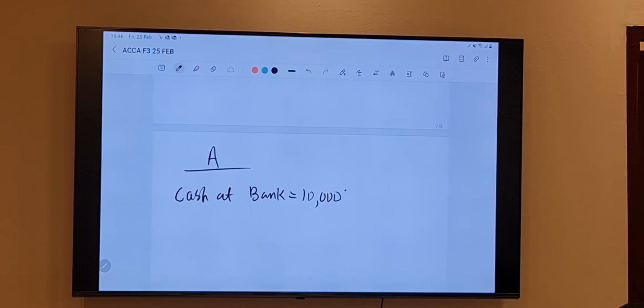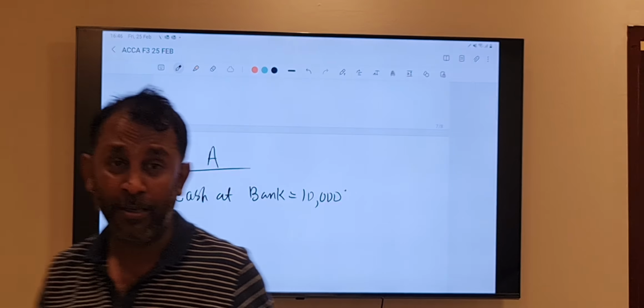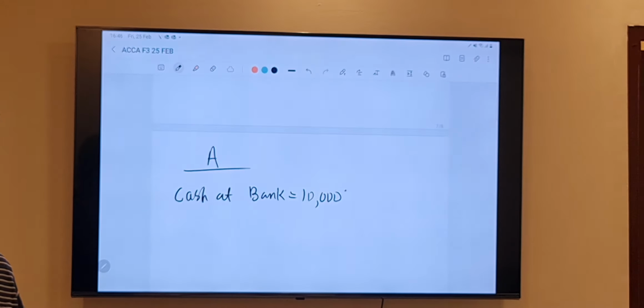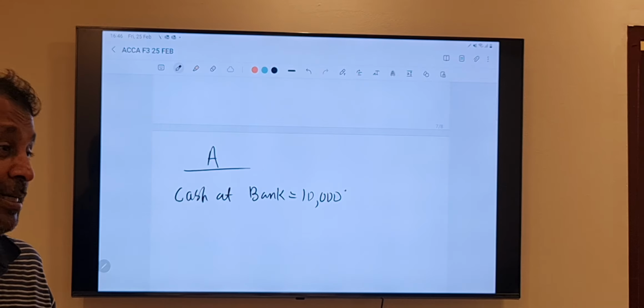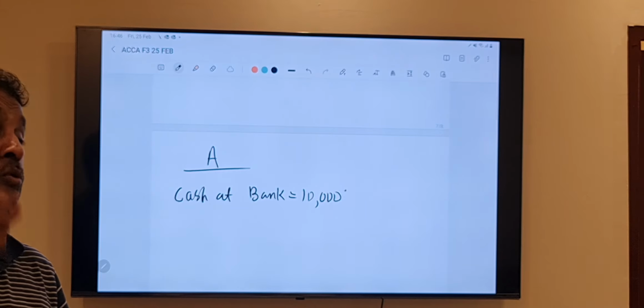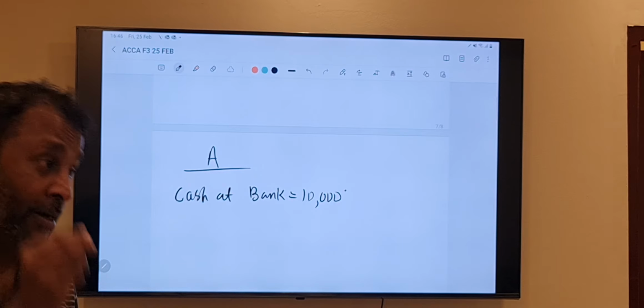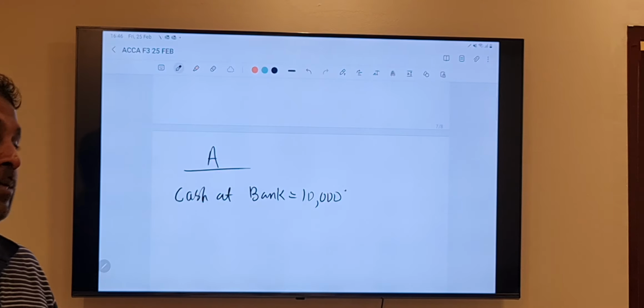Now what is the new asset coming into the business? Inventory. That vegetables. See, now what business is he doing? He is buying and selling vegetables. So the vegetable is the main trading item. So it is the inventory for him. So you have to carefully understand what this item called inventory is.